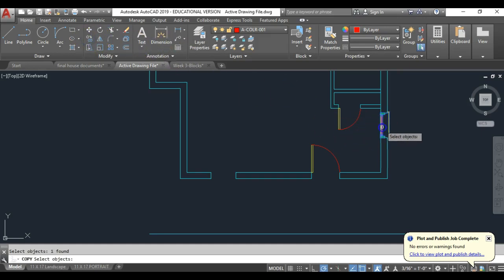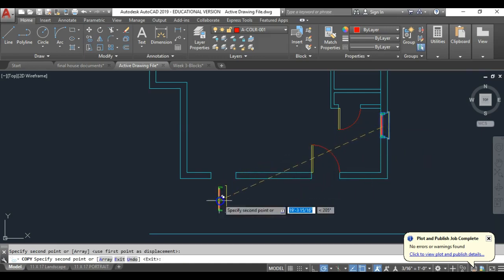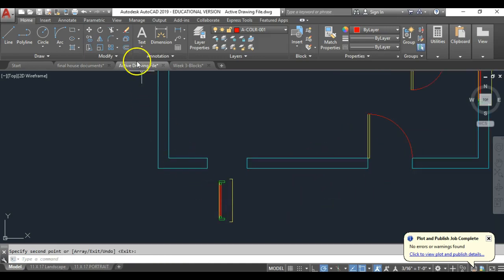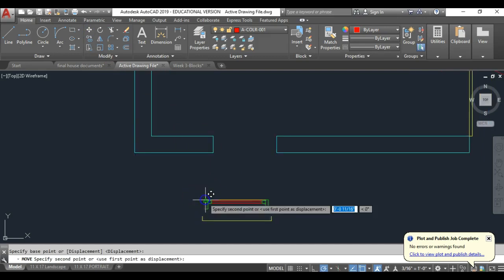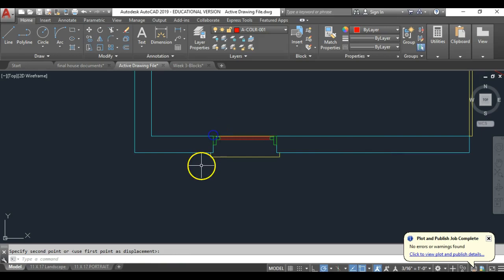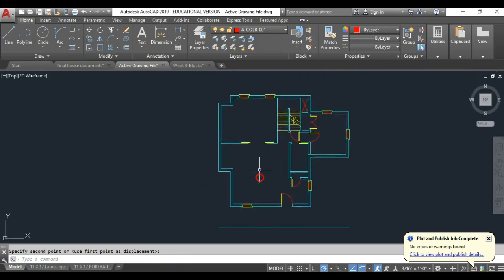I can see this one, so I'll copy here, hit enter, and this time I'm going to have to rotate and move, so I'm just going to move it close, hit enter to end copy, start rotate, click, enter, click anywhere, and just pull down so it rotates in the correct orientation, and then move. So start move, click the window, hit enter, zoom in to get a nice base point there, and move it up into place. And there we go, we've got all the single windows into place, but we still have to do